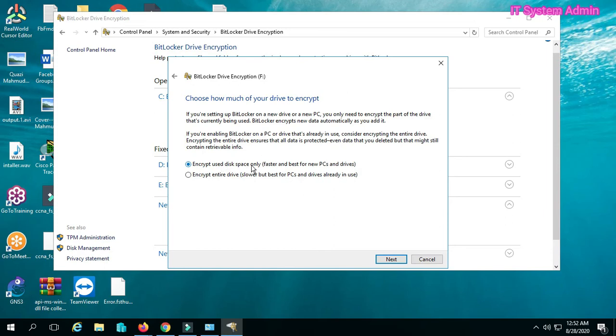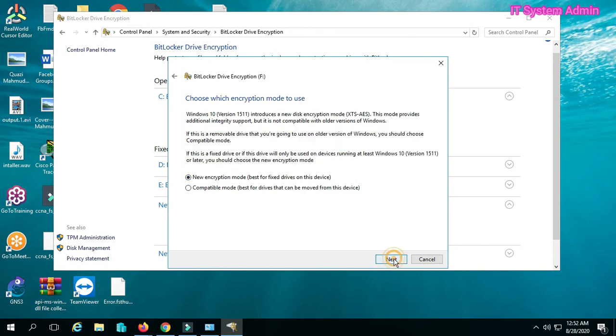Encrypt used disk space only. Okay, fine. It will encrypt only used disk space, or you can encrypt the entire drive. Okay, if you click on entire drive, it may make your PC slower. Okay, it is not a good idea. So encrypt used disk space only. Next,